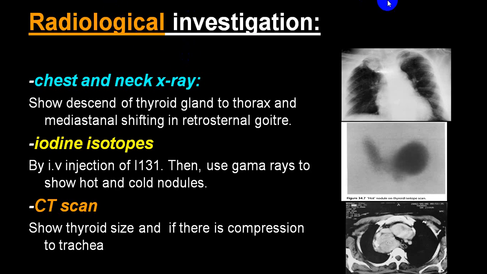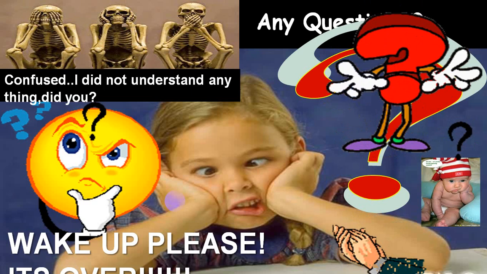Radiological investigations can be additional proof, like chest X-ray, neck X-ray, radioactive iodine uptake by isotopes, that is I131, or by technetium scan, where you can identify hot nodules and cold nodules. You can go for CT scan, MRI scan, PET CT or PET MRI, and identify secondary metastasis, invasions, etc. This is what you can do in any person with clinically diagnosed or suspected thyroid disorders.